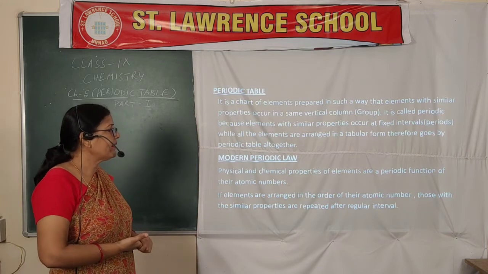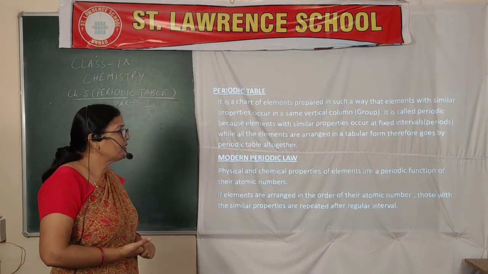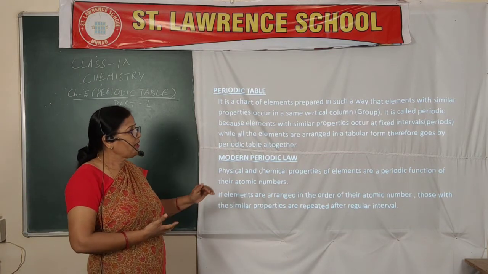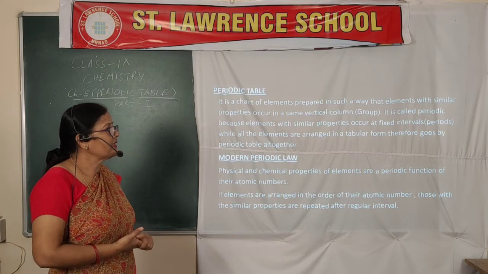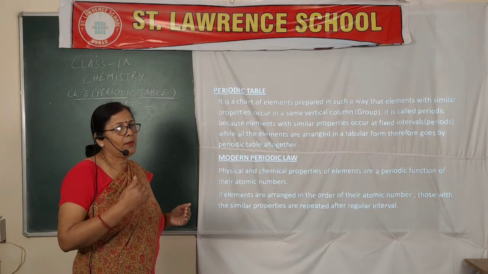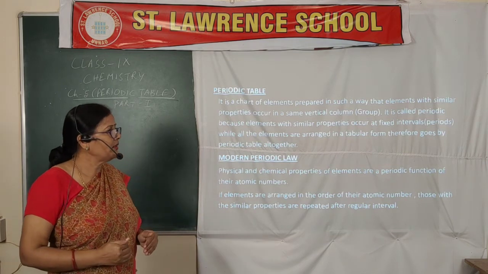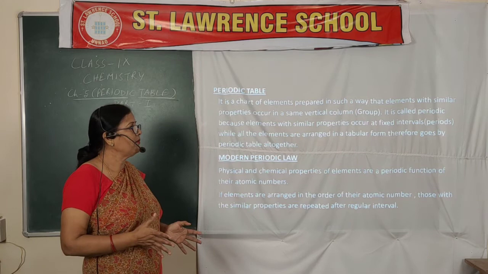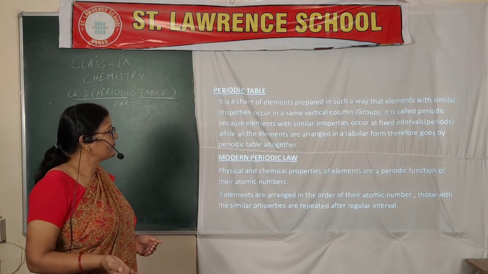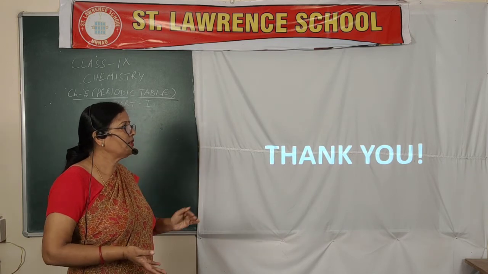If these elements are arranged in order of atomic number, similar properties recur at regular intervals. Atomic number is also taking part, a very important characteristic. Up to atomic number 20 it is okay, up to calcium, but after this they show vast differences within the group of the period. So you can know about this classification.